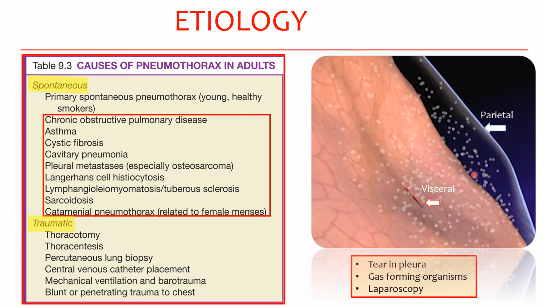So this is one way of the formation of pneumothorax, and this is by and large the way it is formed. But sometimes gas forming organisms can enter into the pleural cavity, and they can also give rise to air in the pleural cavity, and it's common after laparoscopy also at times when you don't manage the insufflation of the peritoneum with your gases, then gases come up through the diaphragmatic pores into the pleural cavity, and sometimes they can be really large if you are not managing well in the operation theater.